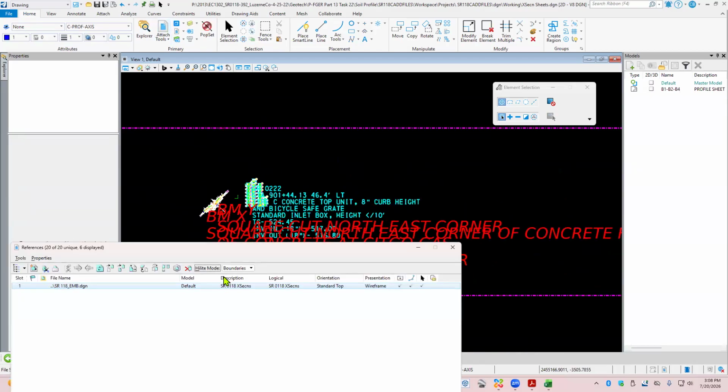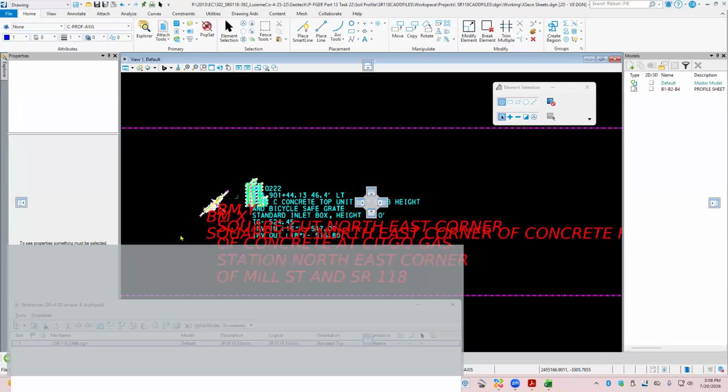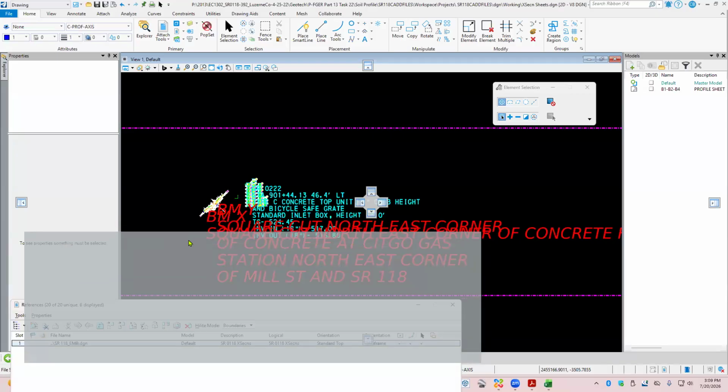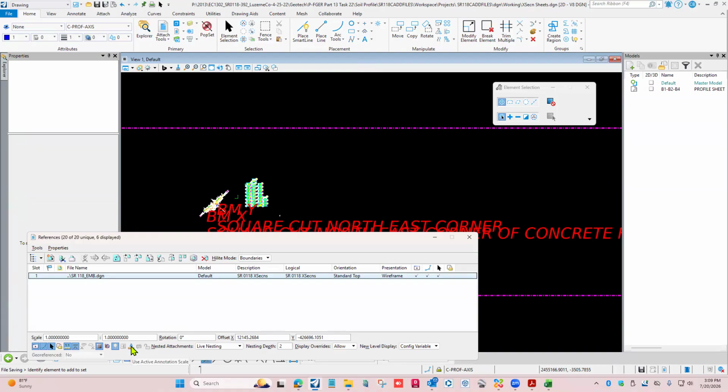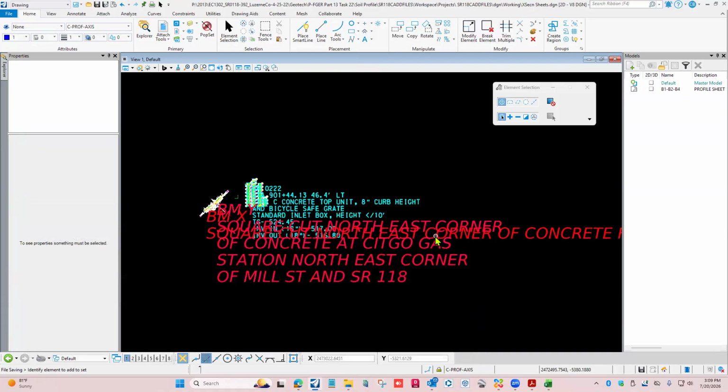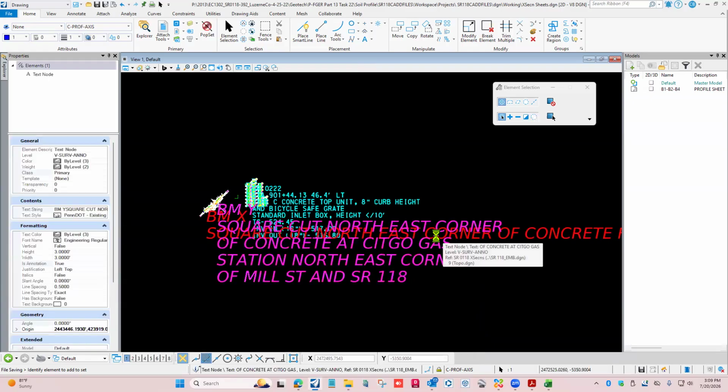One is in the attachment file, if you select this, and then at the bottom of this list, you see that little button right there? It's use annotation scale. So if I turn that off, the things that are annotative no longer become annotative. Now that's problematic with line styles. So I'm not going to do it there. What I am going to do, however, is take this, and this is in